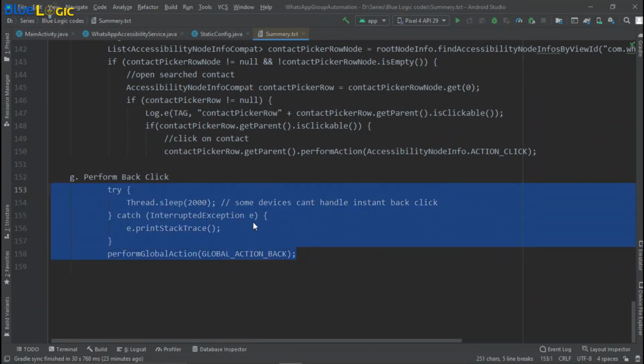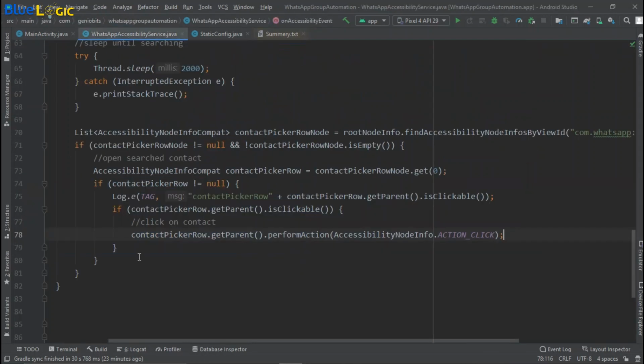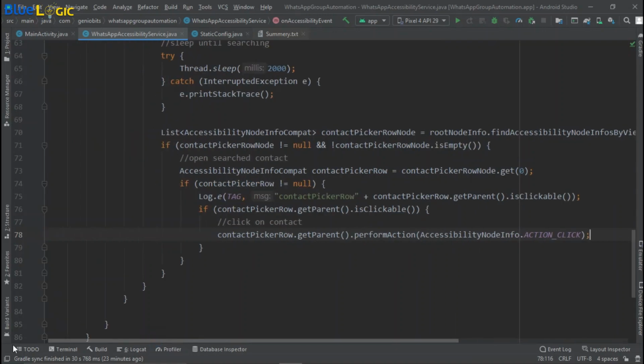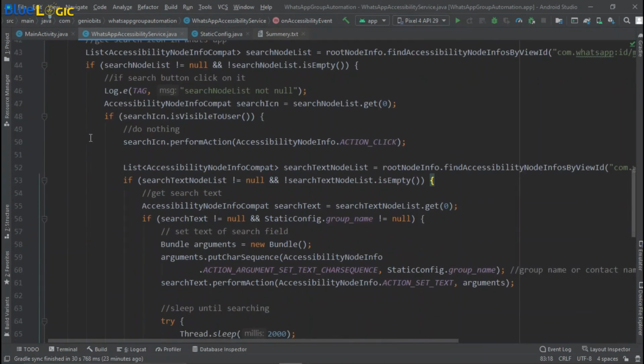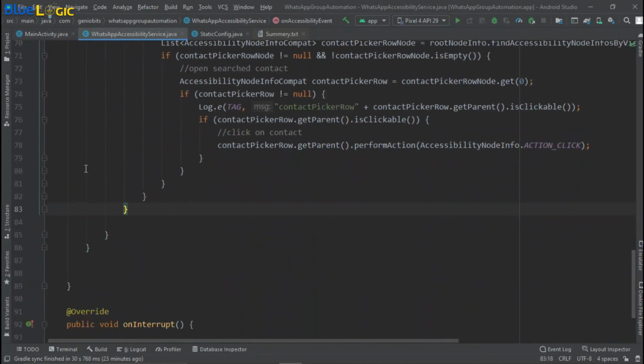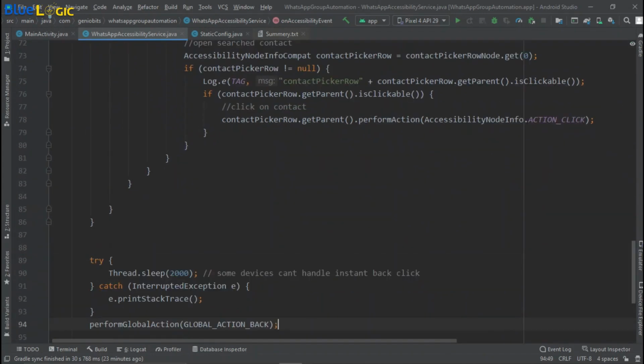And the last thing is to go back. Okay, so we just have to click back so that we can get back to our application instead of staying on WhatsApp. So we can write this code after this if statement here.